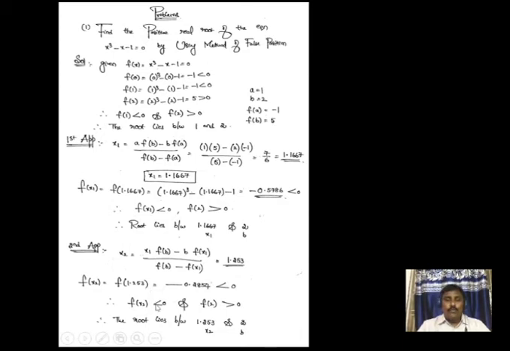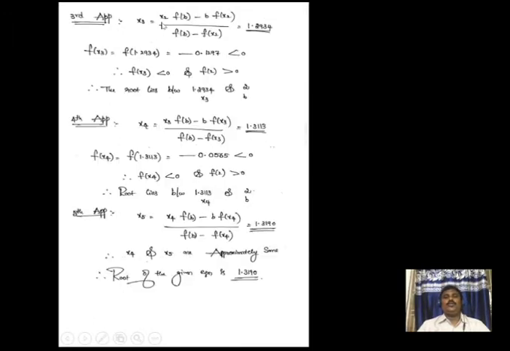So I have to go to one step where it is greater than 0. So f of 2 is greater than 0. So here is less than 0, greater than 0. Therefore the root lies between x2 and 2. So x2 is 1.253 and 2 is b. That means the root lies between x2 and b. Next I have to frame the formula based on x2 and b: x2 into f of b minus b into f of x2 by f of b minus f of x2.